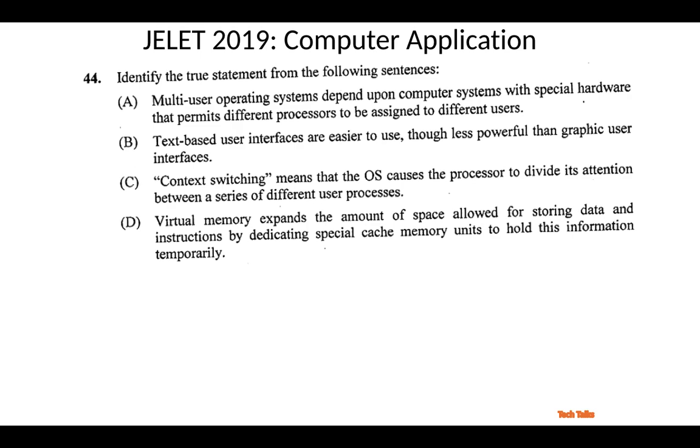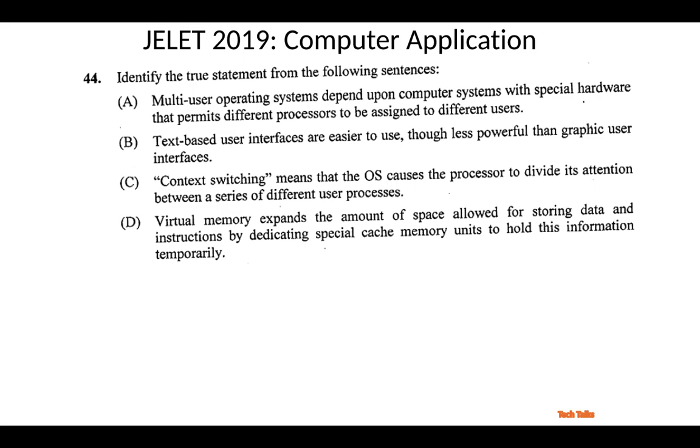C says context switching means that the operating system causes the processor to divide its attention between a series of different user processes. Now, if you know context switching, then you know this is right. Why? Suppose I am running a PPT and I am playing some audio, a song is running. What is context switching?